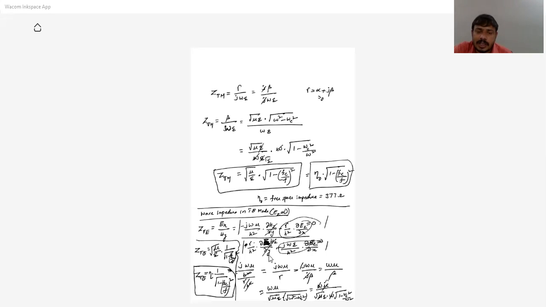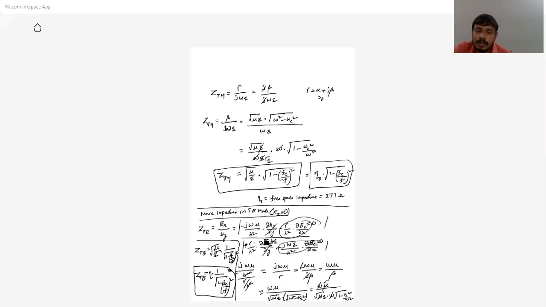Anyhow, the dou Hz by dou y and dou Hz by dou y get cancelled. So we have only j omega mu by h square over gamma by h square. The h square gets cancelled, and we have j omega mu by gamma. Gamma is the propagation constant, which is alpha plus j beta. For wave propagation, alpha should be 0, so we have only the j beta component. In place of gamma, I am writing j beta here. The j's get cancelled, so now it is equal to omega into mu by beta.